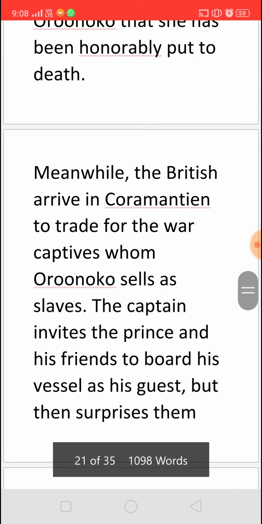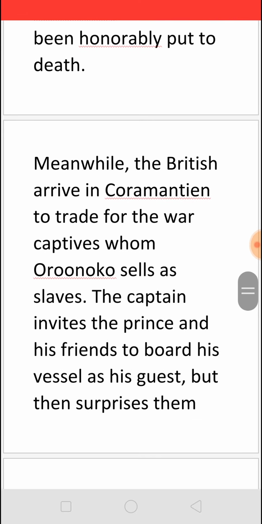At the same time, the British people come there to buy the captives. That is, when these African peoples are having a war, whoever gets defeated will be captured and sold as slaves to the British people, and Oroonoko was selling these slaves. So the British come there to Coromantine and they buy the captives from Oroonoko, and before the ship can go,